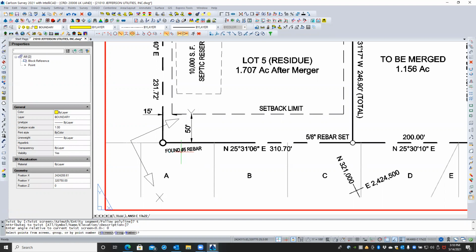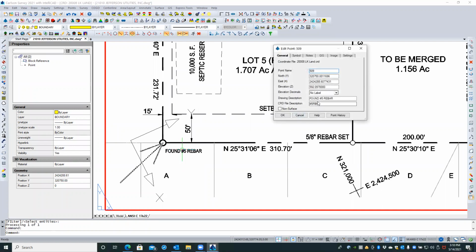Now, how are you going to select the points? Screen. So type S or just hit enter and now pick the point. Hit enter. Voila. Okay. Now the point size for that, I don't know of any way to say match the size of that text to the other point attribute text size, other than